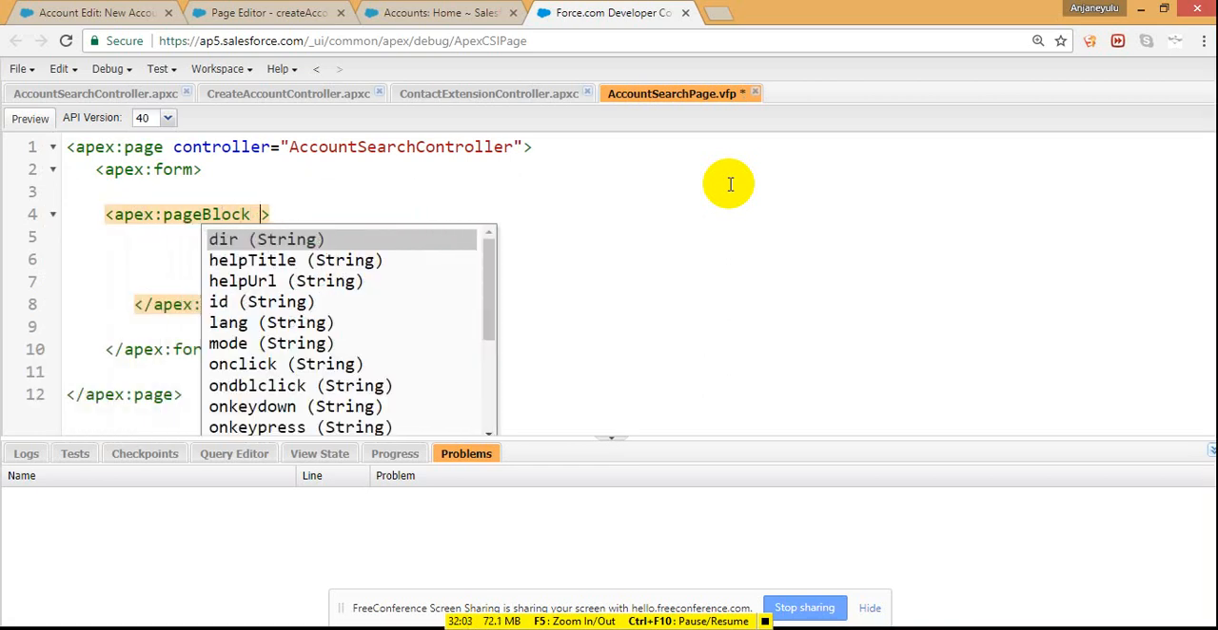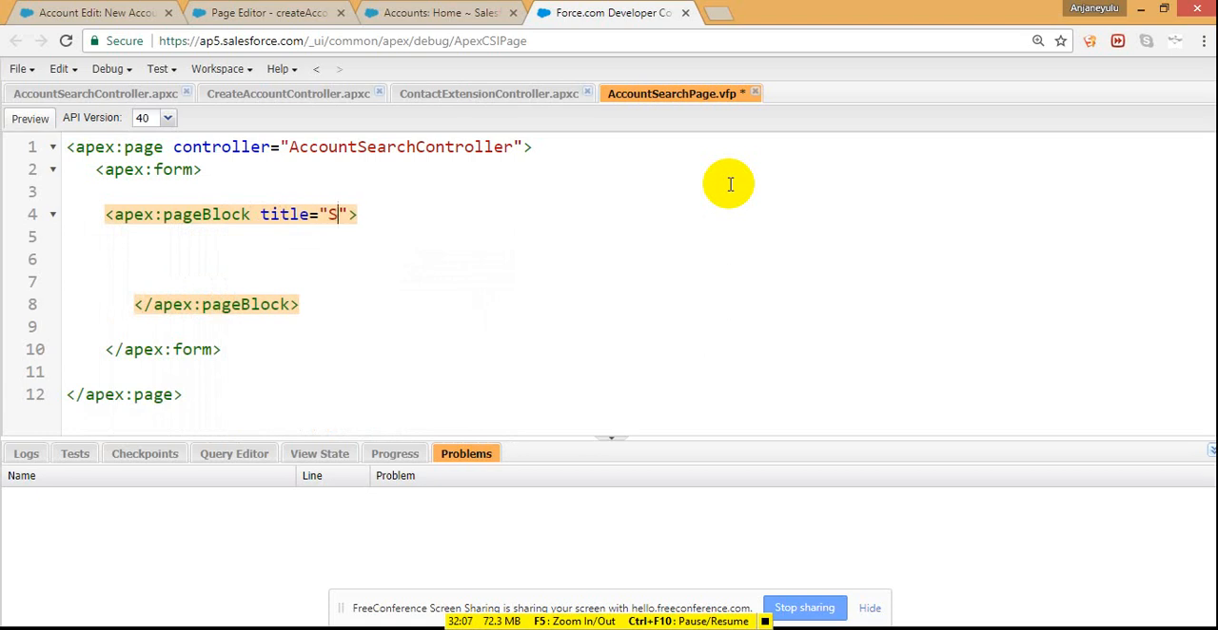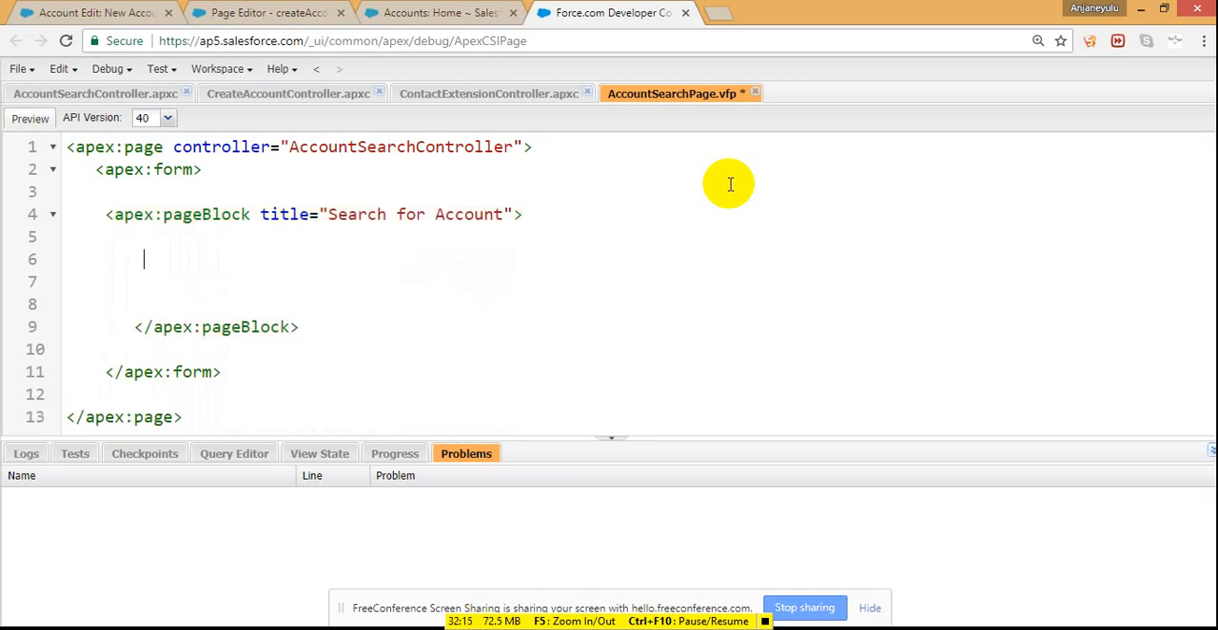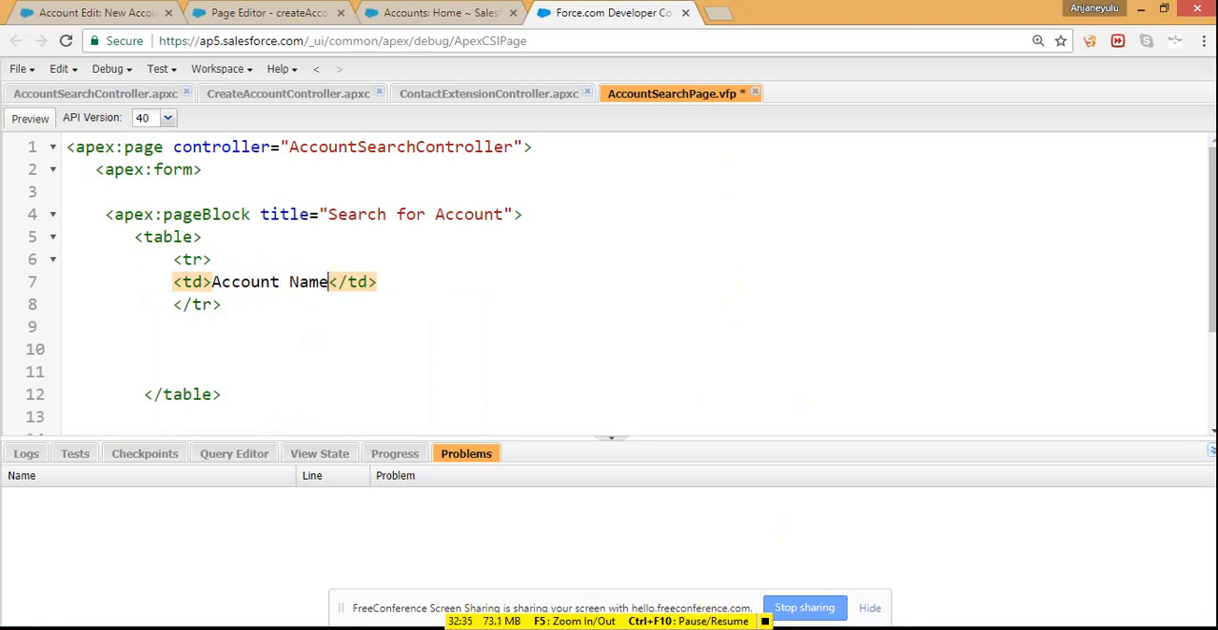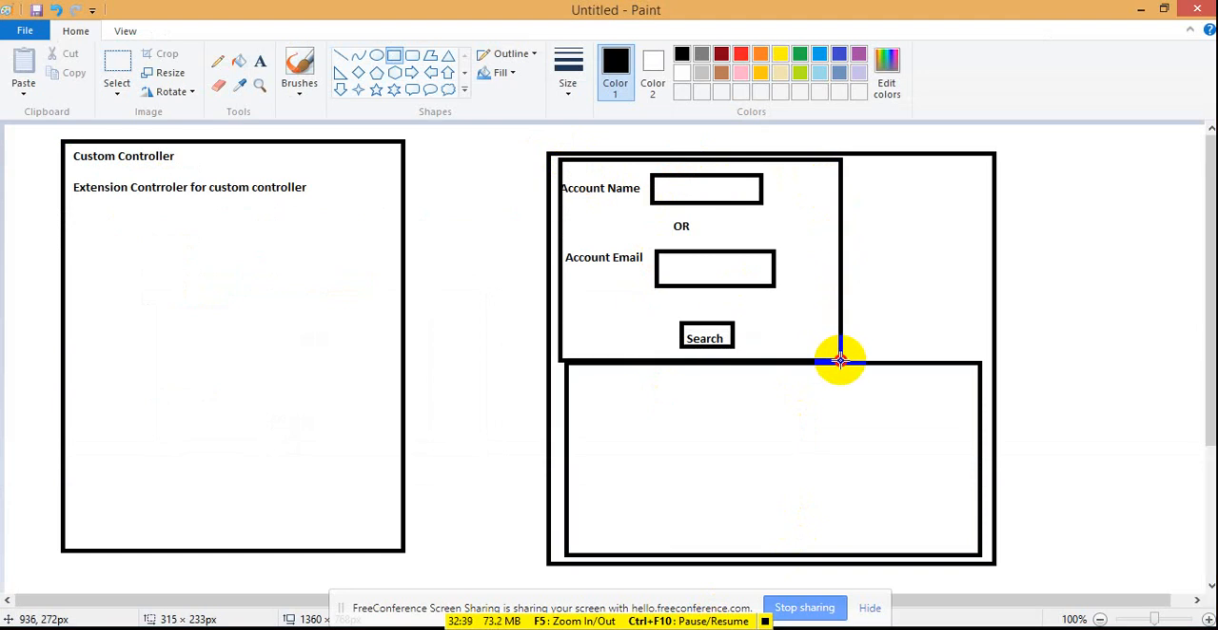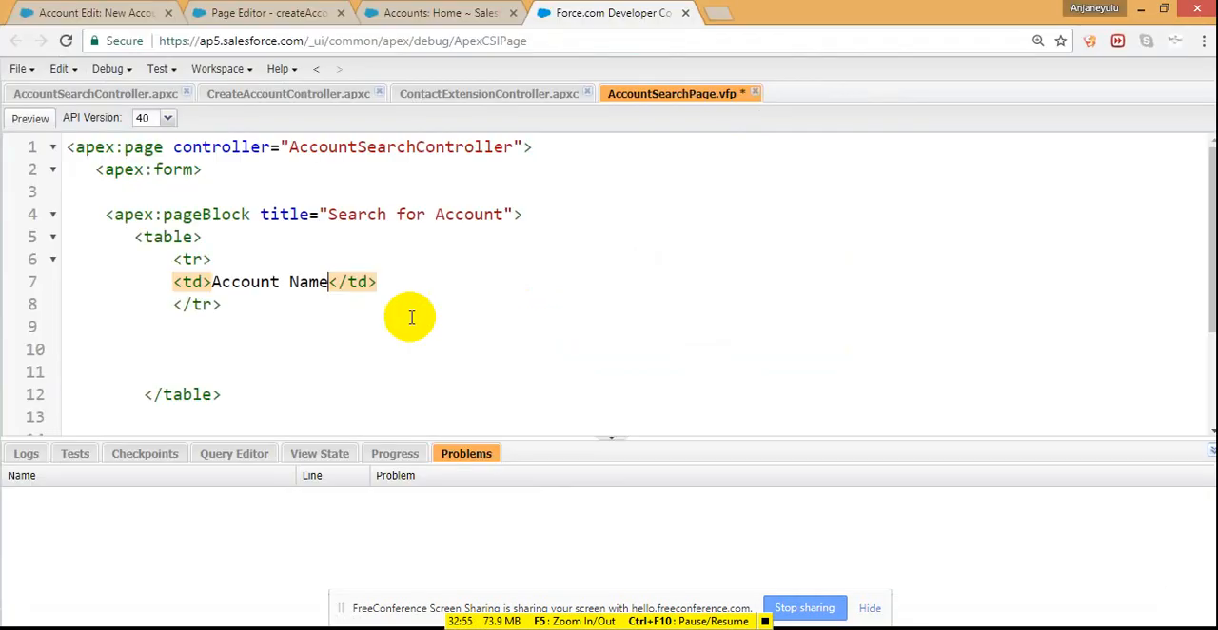Here I am giving title equals to Search for Account. Okay, now if you see here, I'm creating a table for this. Inside this, tr, td, account name. Here what I'm trying to do is forming this as a table. This means this is one TD and this is another TD, so this is one row, this is one row, this is one row, this is one row. It means four rows should be here. So what I'm doing, TD name, and then here I'm using in this TD